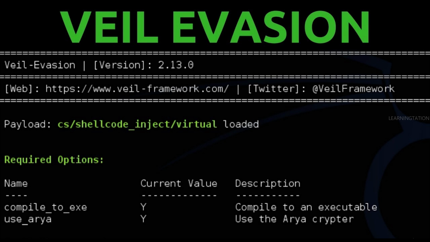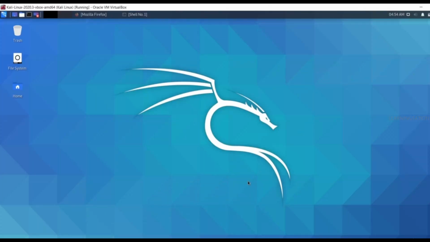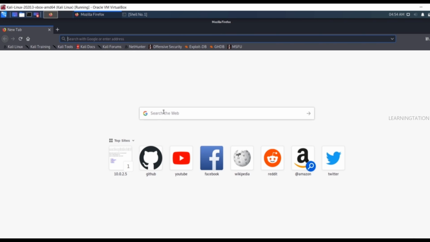In the next video, we are going to see how to install Whale Evasion into your Kali Linux operating system. In the last video, we learned about what the Whale Evasion tool is. In this particular lesson, we are going to see how to install the Whale Evasion tool into our Kali Linux operating system. So for that, you need to open your favorite web browser and enter here